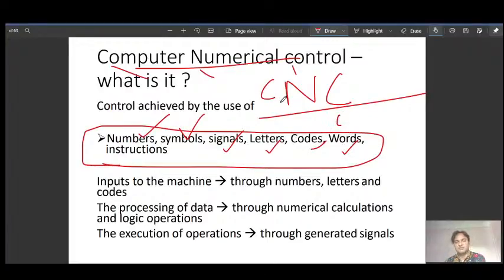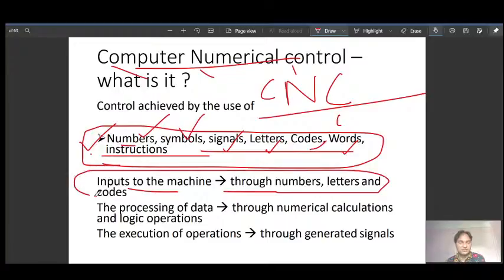So the machine tool is controlled by the setup or combination of all these. When we use them in a certain manner, that becomes an instruction. Instructions are supplied in the form of numbers, symbols, letters, and codes, and input to the machine is through numbers, letters, and codes.